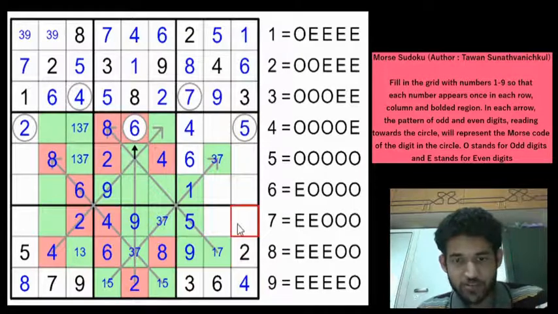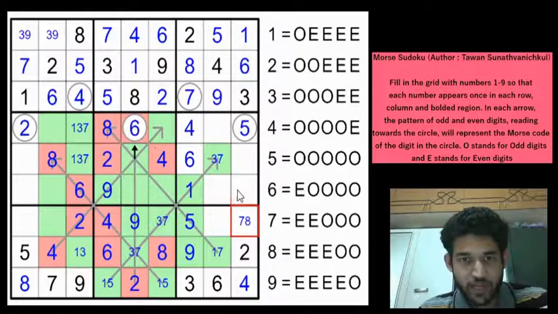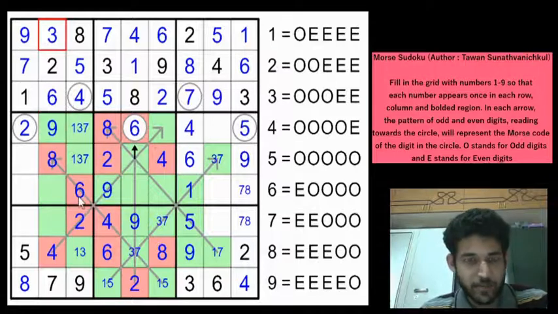This can't be a 9, so this would be 7 or 8. And this cannot be a 9, again this would be 7, 8, so 9 would have to go here. And that forces the 9 in box 4 to here, which forces the 9 and the 3 here. And now if you look at column 1, 3, 4, 6 are remaining digits, but 6 is here, so this would be a 6. And these two cells will be 3, 4. You have a 4 here, so this would be 3, this would be 4.